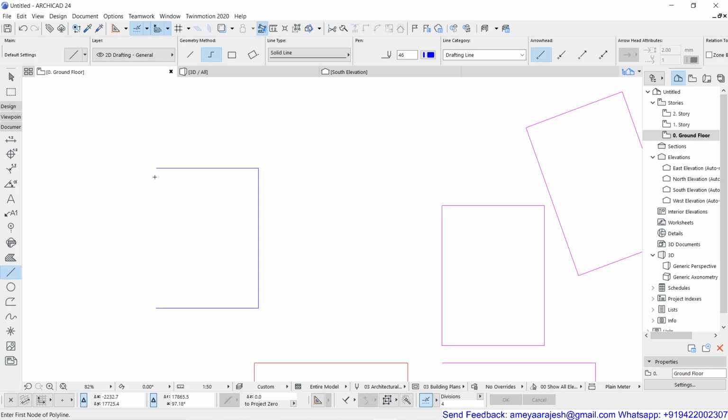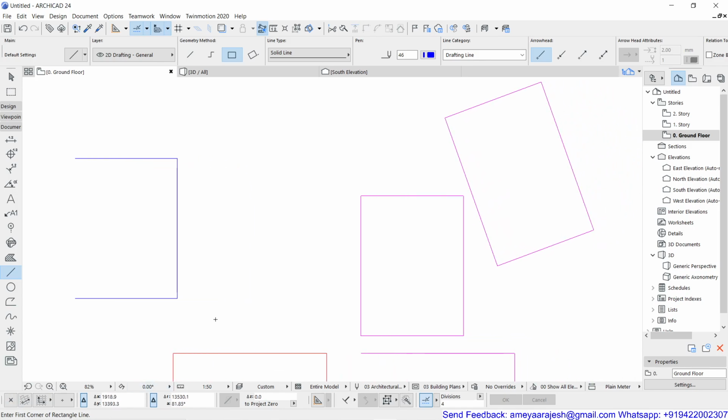Now if I go for the next geometry method, that is rectangle, this time the prompt says enter first corner of the rectangle line. It is the same one we have done over here. So I'm trying to draw that object in a similar manner.